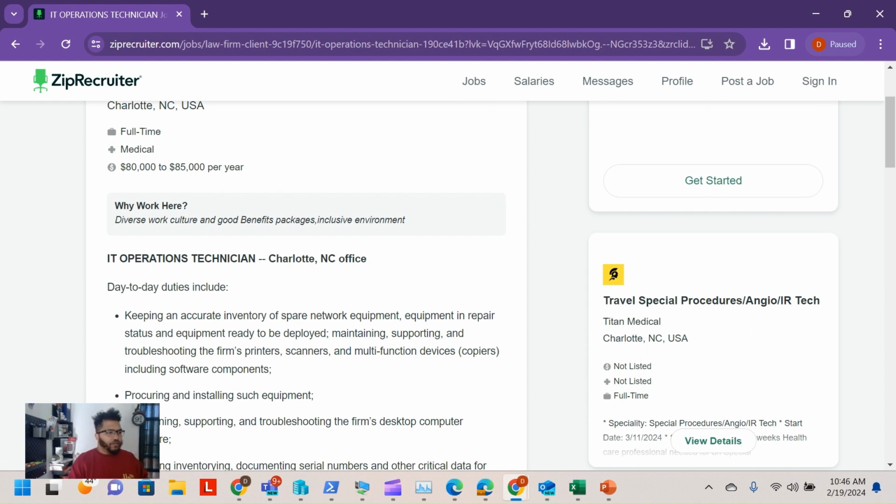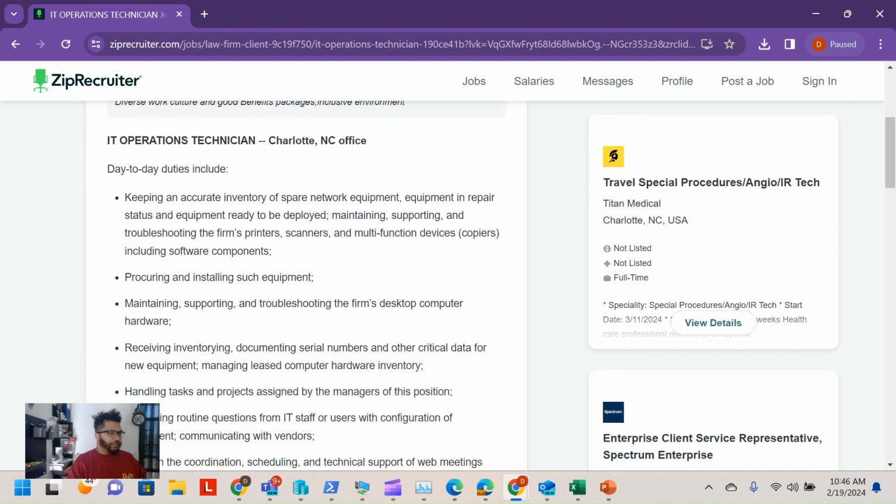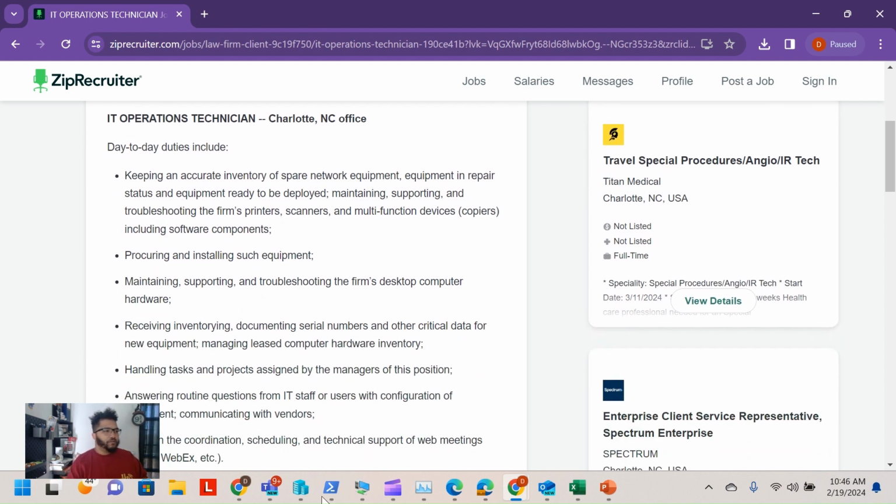IT operations, it's in Charlotte, it's an in-office job, so you're going to be there 5 days a week. Day-to-day duties include keeping an accurate inventory of spare network equipment and repair status, ready to be deployed, maintaining, supporting, and troubleshooting the firm's printers, scanners, and multifunction devices, copiers, including the software components of it, procuring and installing the equipment, maintaining, supporting, and troubleshooting desktop hardware, receiving, inventorying, documenting serial numbers and other critical data for new equipment, managing leased computer hardware inventory. So looks like lots of maybe asset management, if you want to sum it up in one sentence,